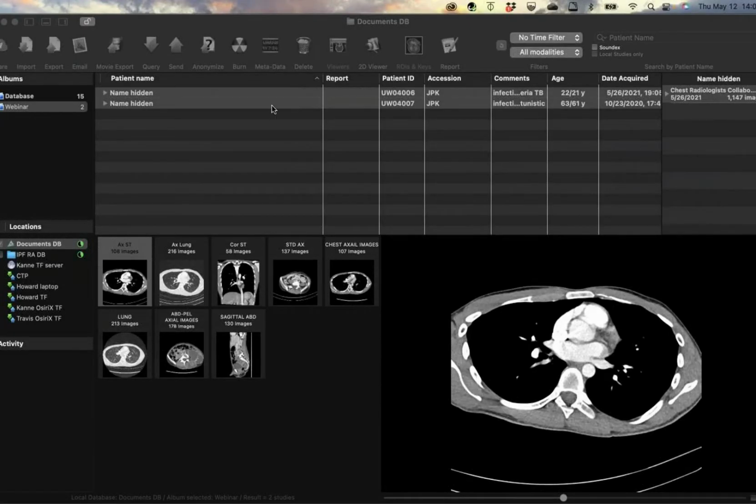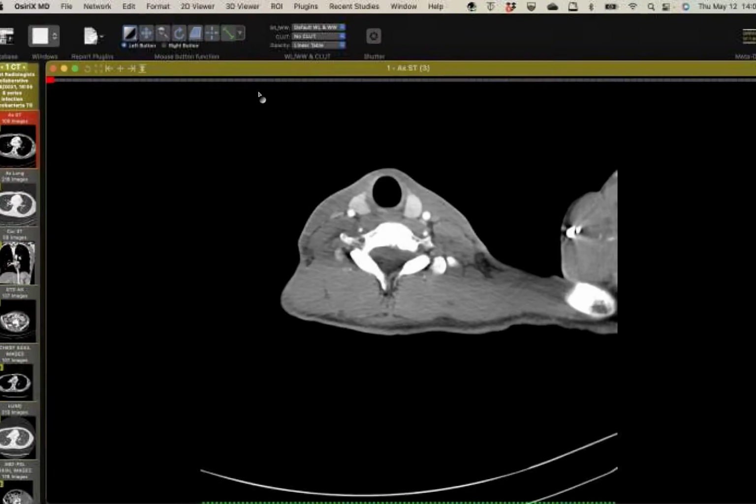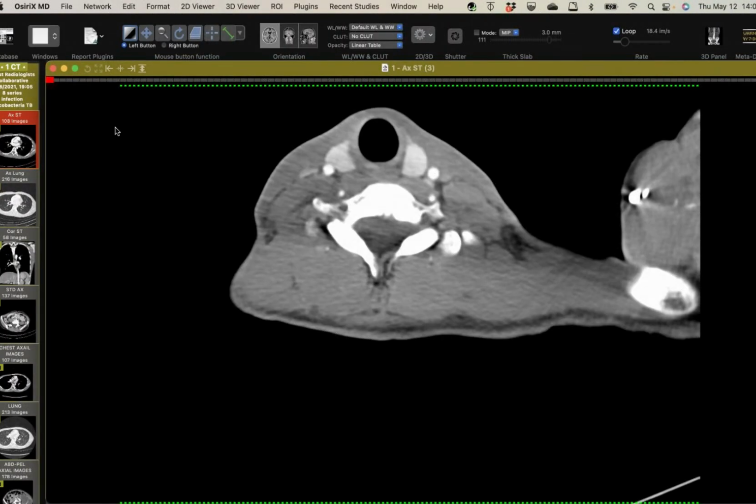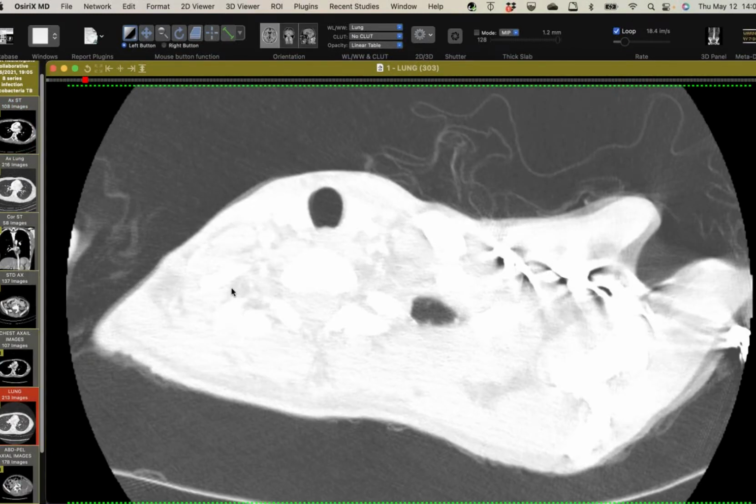Oh, sure. All right. So I will share these two. Let's see. So this first case is a young person. He's about 20, I think, at initial presentation. Let me get the right one here. So he presented with